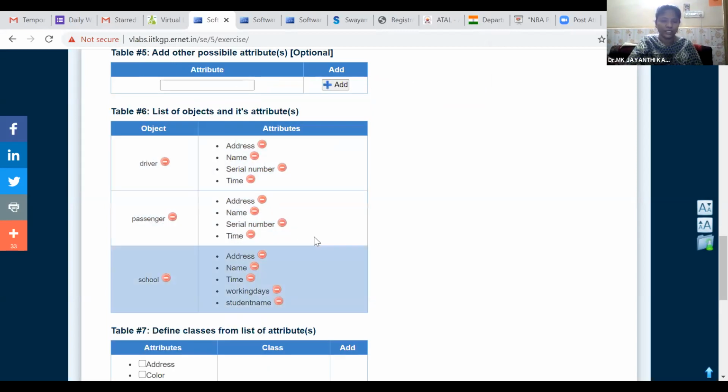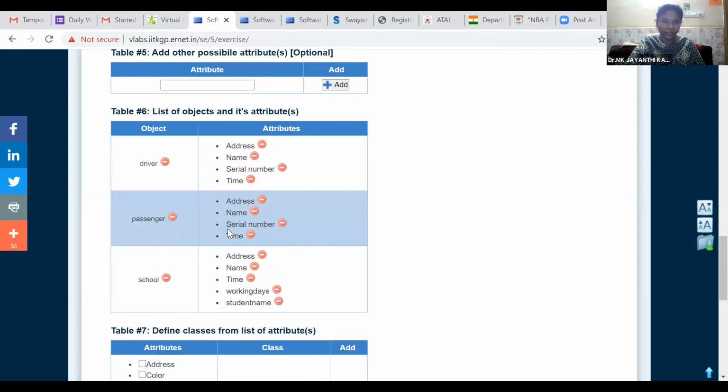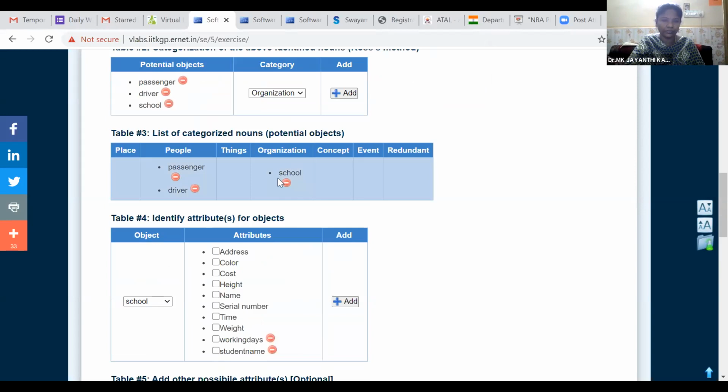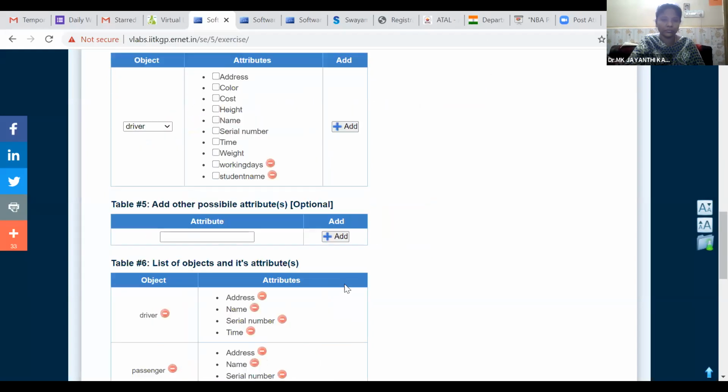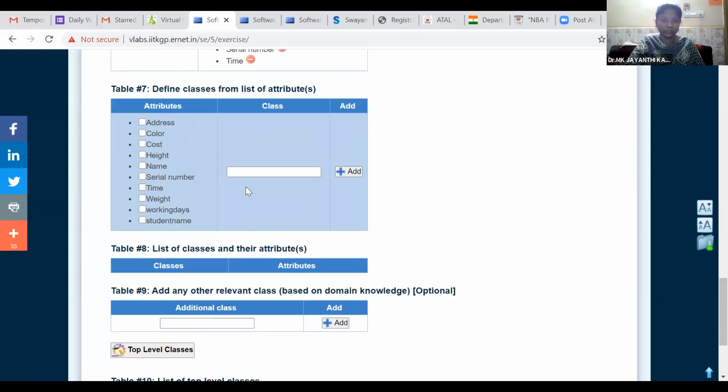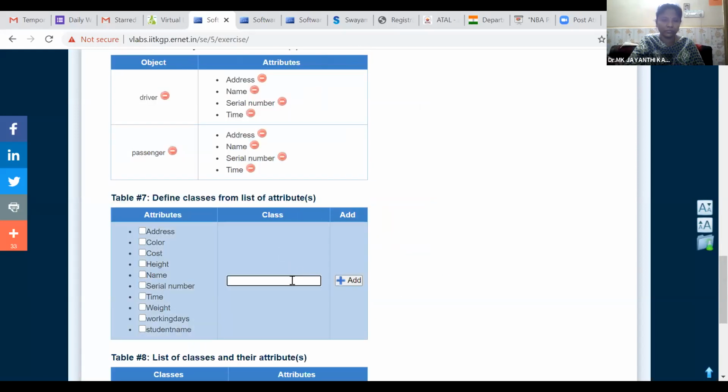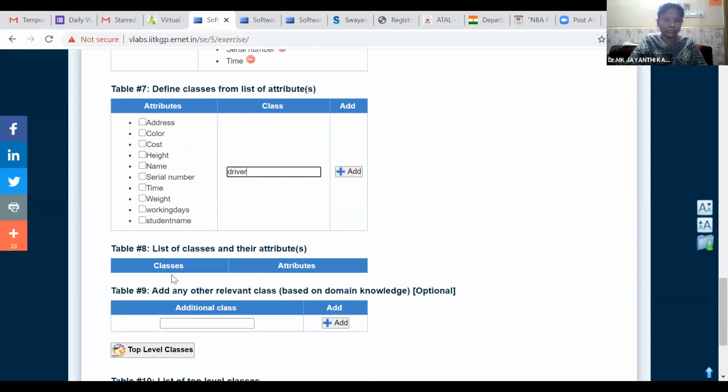So the associated attributes. The same way, we can choose which driver is picking up the student.